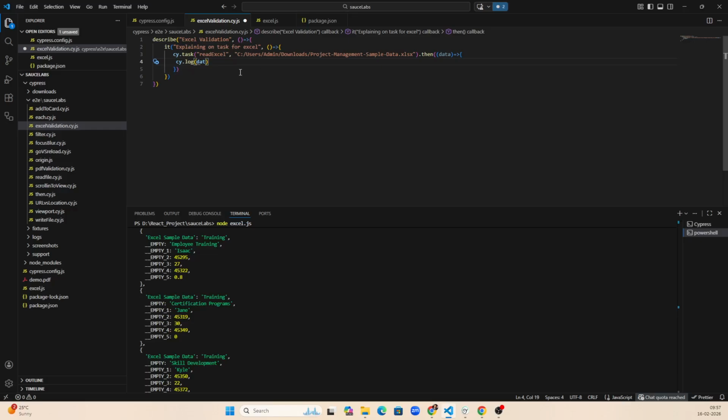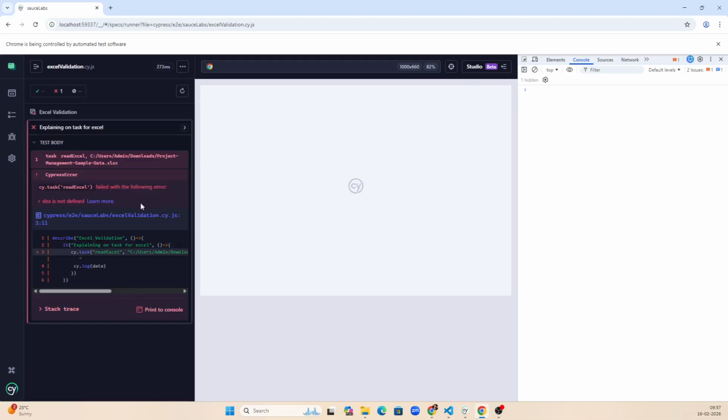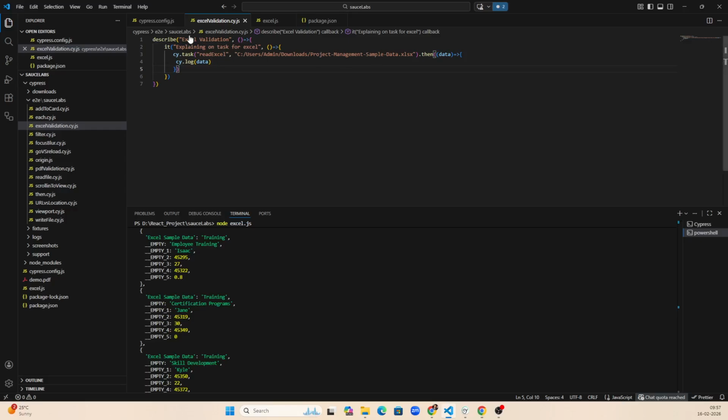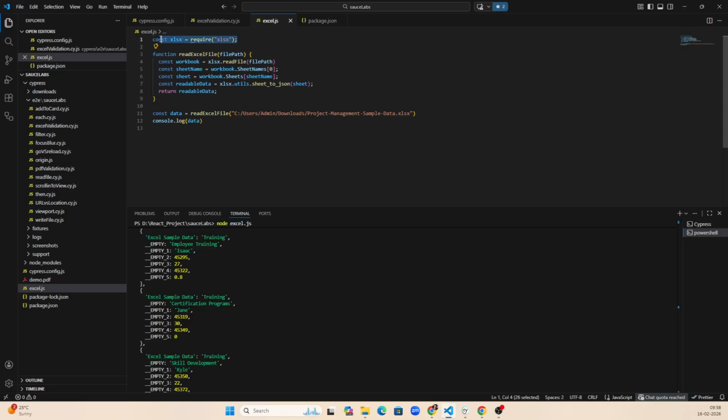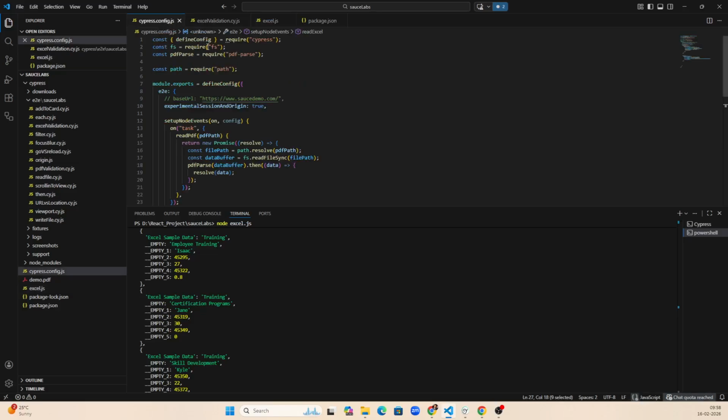So let's see if this particular data will be printed on the left side of the console or not. If I hit save, the Cypress will be running. So we got an error. So let's understand what is that error. xlsx is not defined. That means I have not added the xlsx dependency on top of the cypress.config file. Here I did not add the xlsx library. So I will be copying this particular line and then pasting here. And if I hit save,